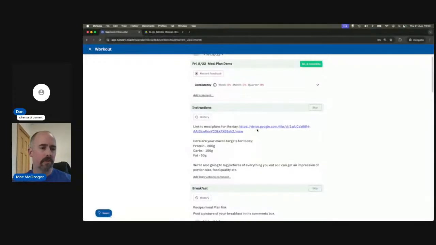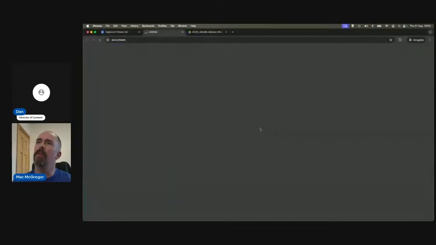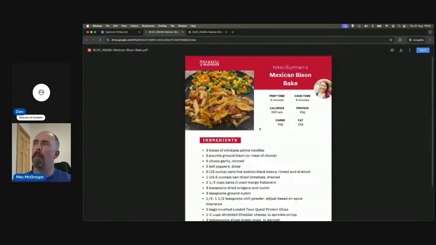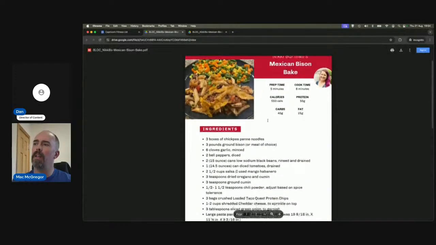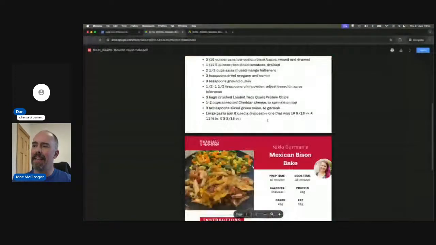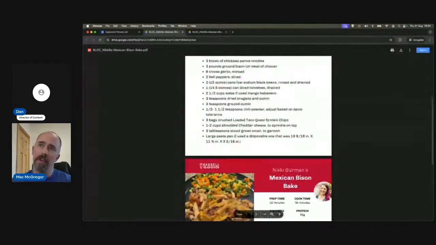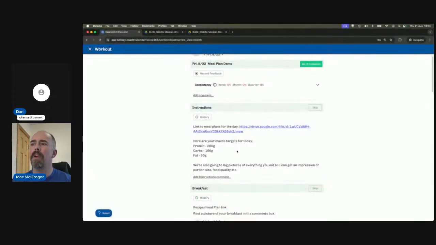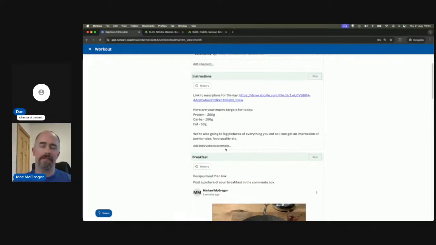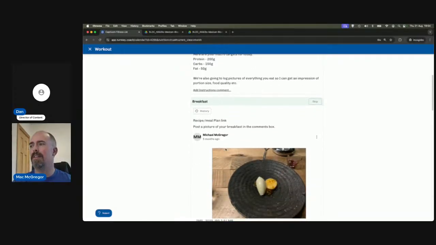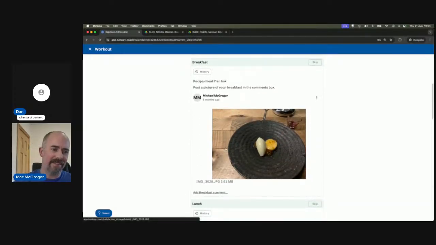So you can drop a link in here. For example, this is a barbell logic recipe that Nikki put out a little while ago. So they have access to some instructions and some recipes. I've given them their macro targets, and I've asked them to take some pictures. And so here, now again, this is us at a Korean restaurant. It wasn't breakfast,